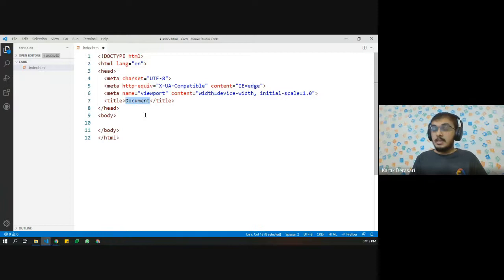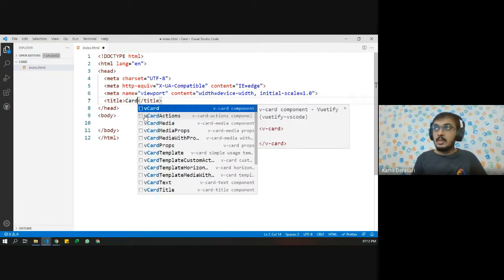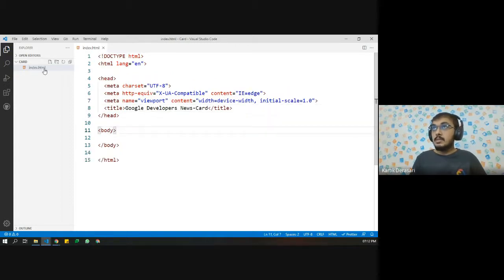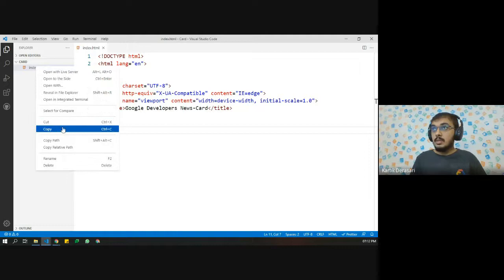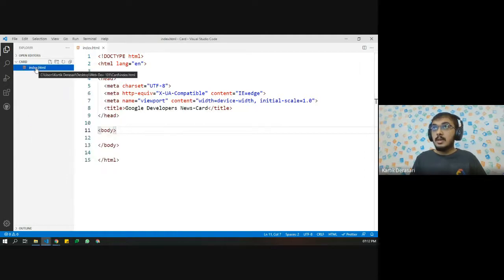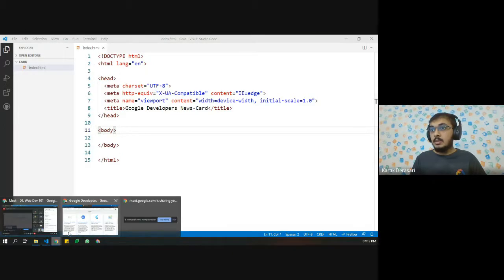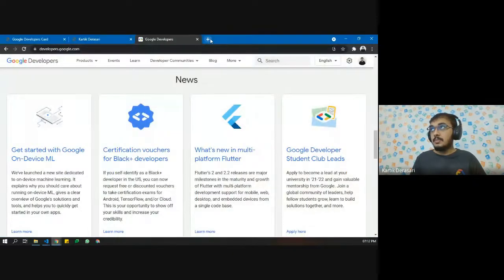Now let us name this Google Developers News Card. Let us save this. Let us also open it in the browser: you can quickly right-click, copy the path, and open it in a browser.